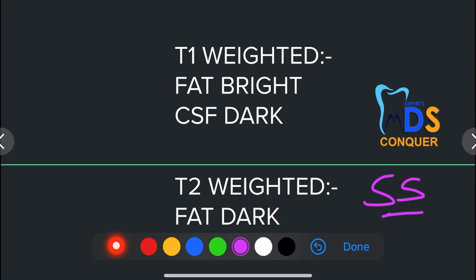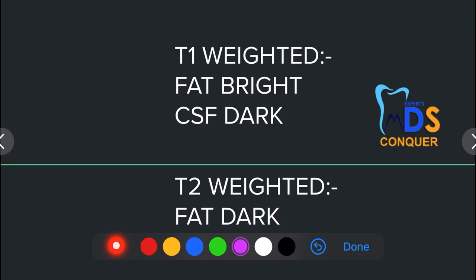So there are more spins in a fluid. So that could be the reason why a T2 weighted image appears to be bright with regard to CSF and synovial fluid, especially these two. Okay, so it is my concept. I have thought of this concept. It is not clearly given in the textbook, but I feel that could be the reason, because of the spin-spin interaction or spin-spin relaxation time in T2. Maybe that's the reason the CSF is bright in a T2 image.